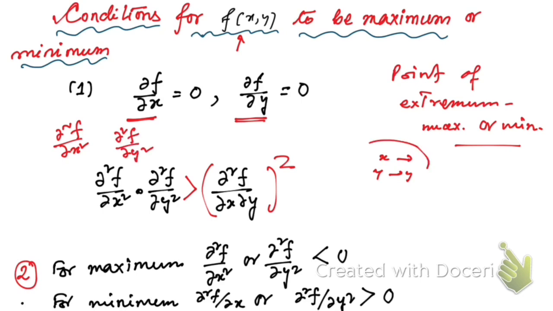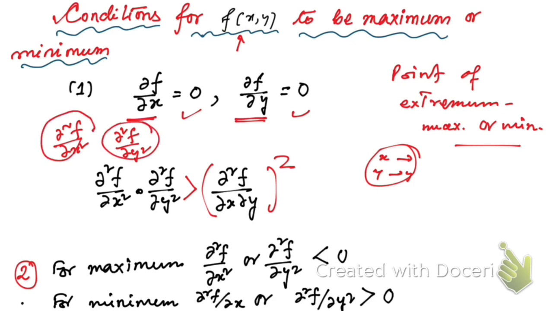Put in the values of x and y from the point obtained by solving these two equations. For that point, if the product of the values of these two becomes greater than the square of this value,